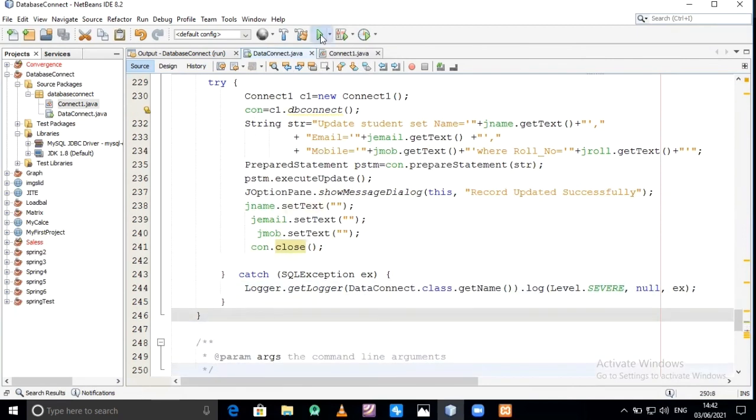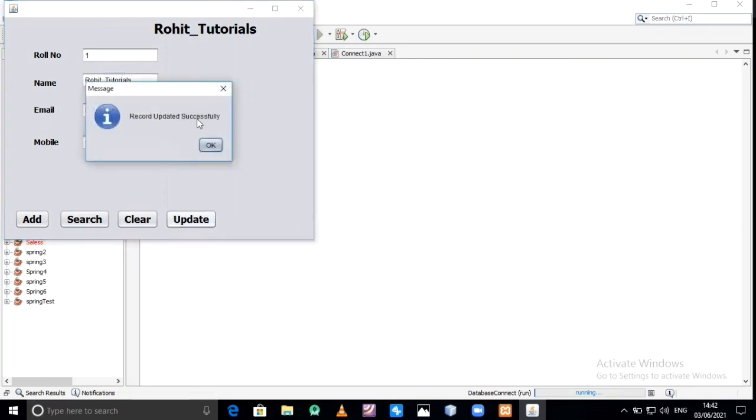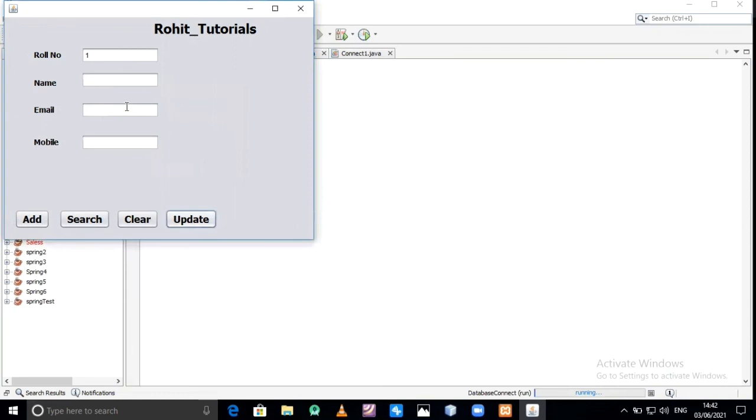Now just run the program. First search, name is suppose Rohit tutorials. Record updated successfully, and all is blank. Okay, this is also blank.